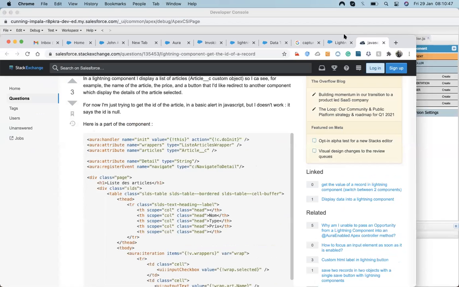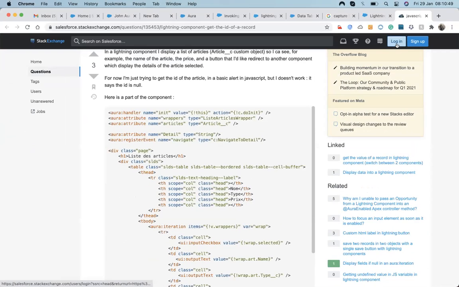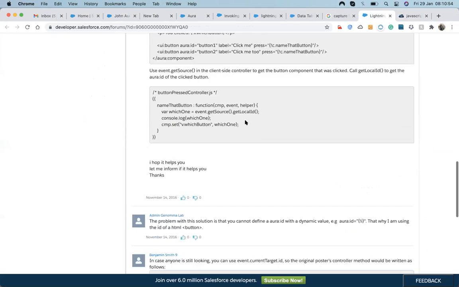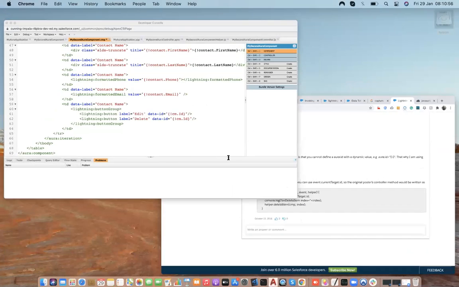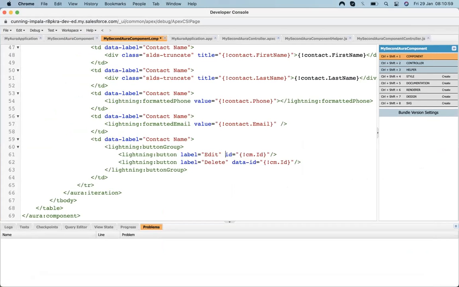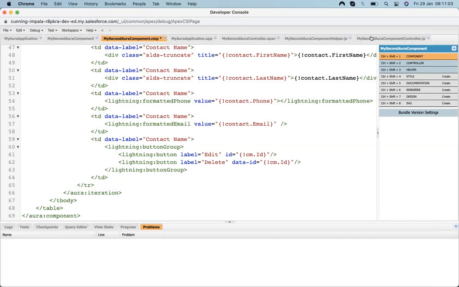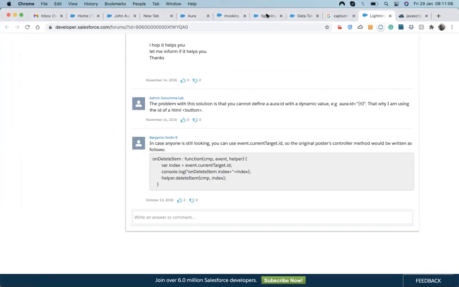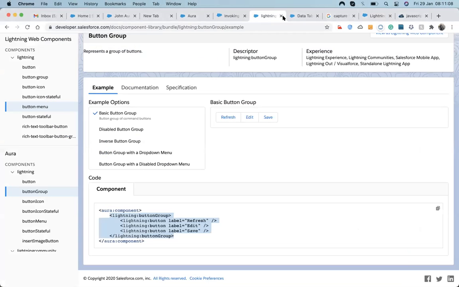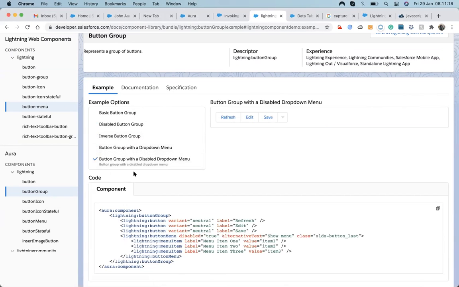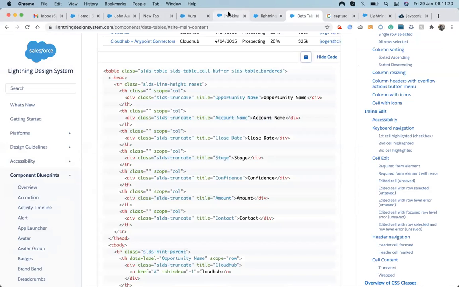I think we need to go with the custom approach, SLDS.